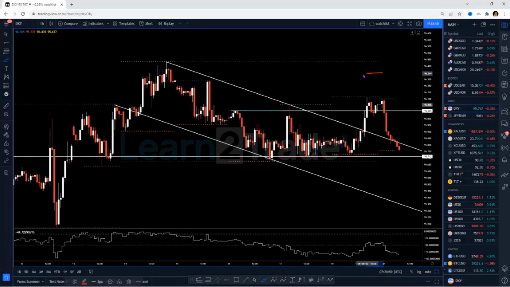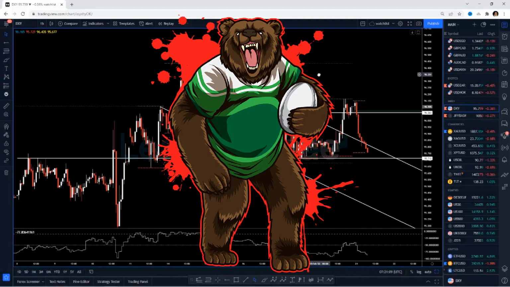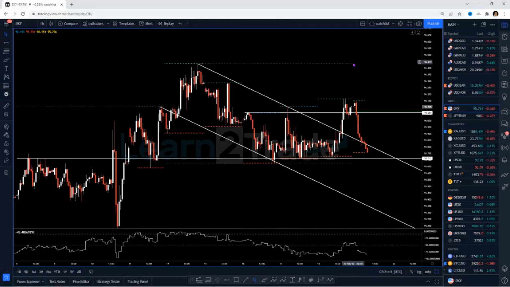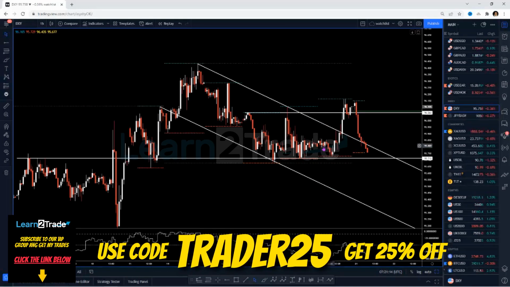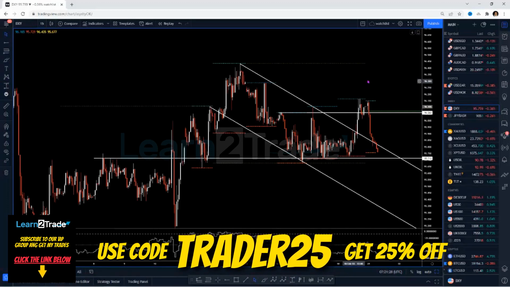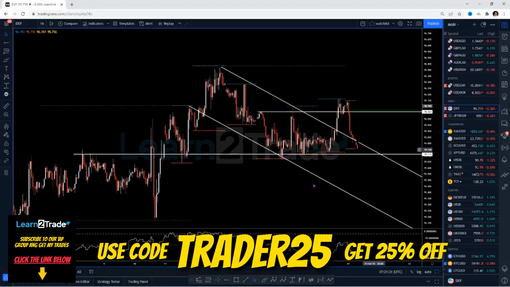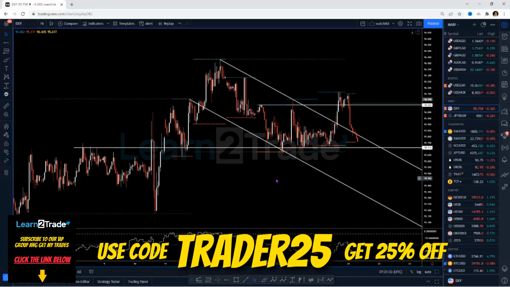So I was looking at a possible retest of these previous lows right here for possible buys on the US dollar, but as you can see, sellers are heavy below the 96.70 level, and price has retraced all the way back towards those previous weekly lows around the 95.69 level or so. Right now, the US dollar is down about 0.5%. I am expecting some more bearish moves, but for the time being, I'm flat on the USD, right?